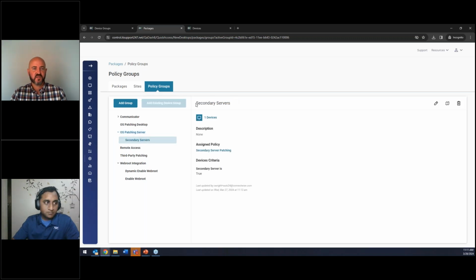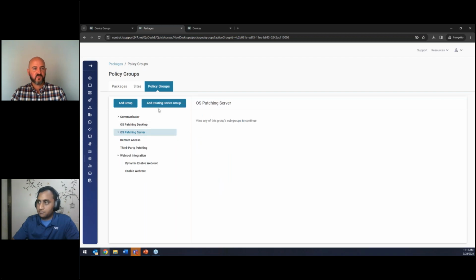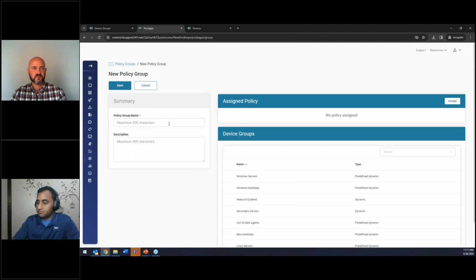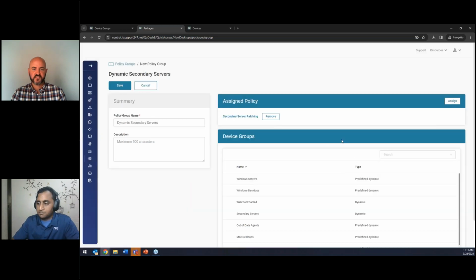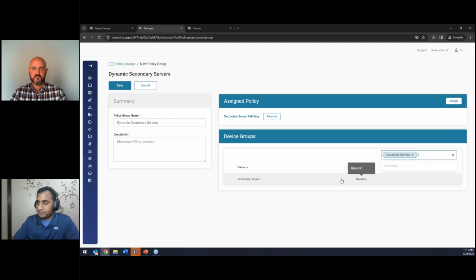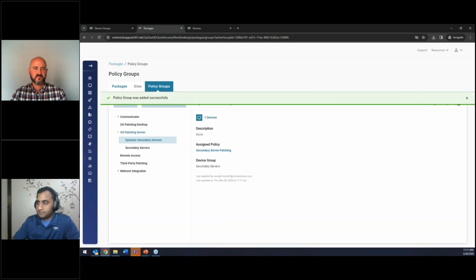So we have these secondary servers. I'm going to duplicate this. We're going to add existing dynamic group. This is going to be dynamic secondary servers, secondary server patching, and secondary servers. I'll select this, add it,